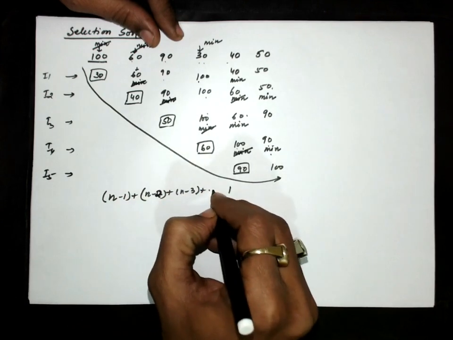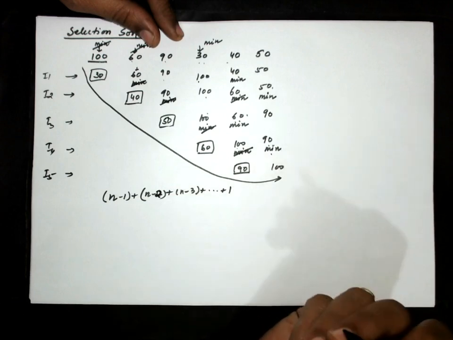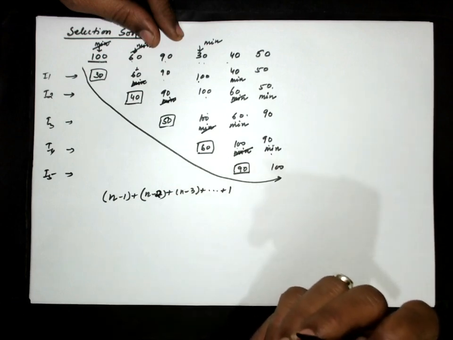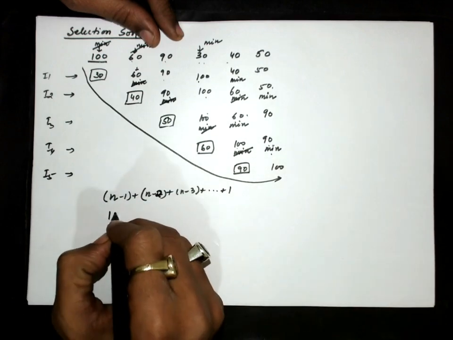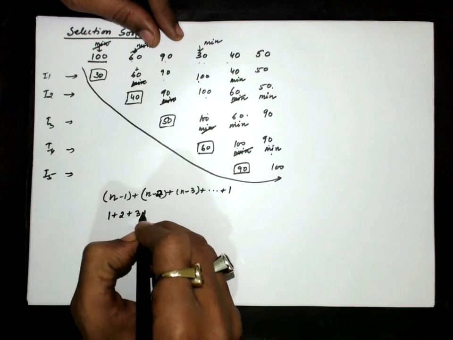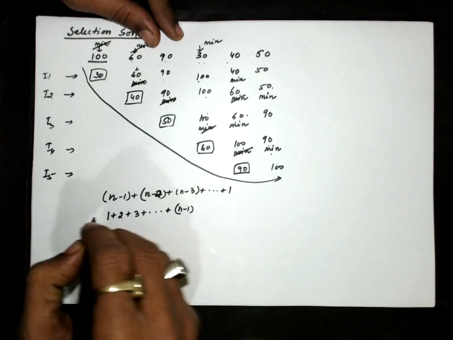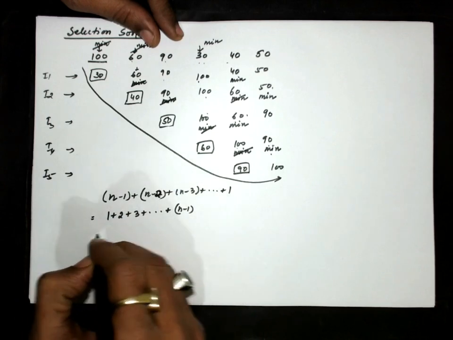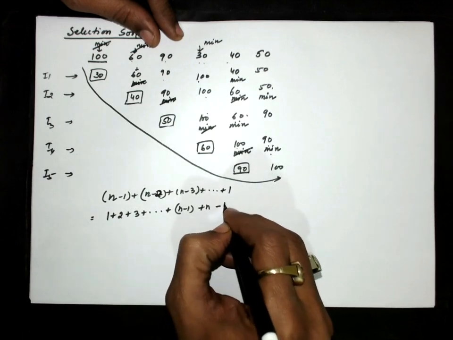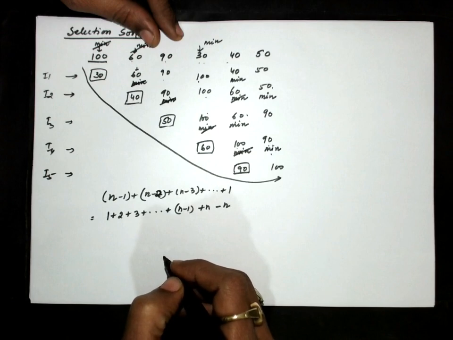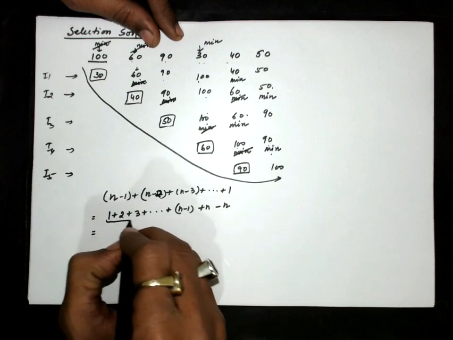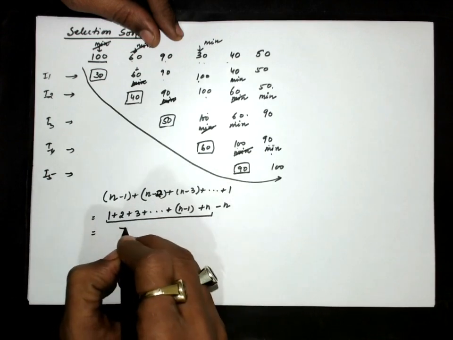If I sum it up, these are the total number of comparisons taking place in selection sort. If I reverse this series, it can be rewritten as 1 plus 2 plus 3 and so on up to n minus 1. If I add n to this and subtract n, it will make no difference. This quantity is the summation of the first n natural numbers,